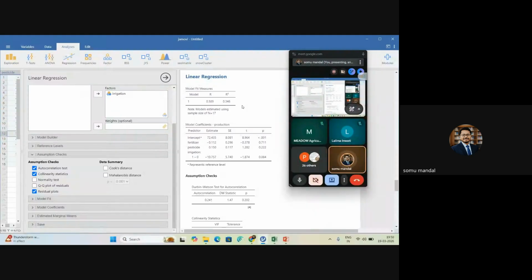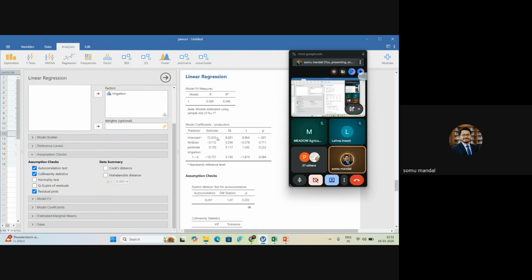This model is not appropriate. Why? 35% means 65% is unobserved. So even your variable is not explained more than 70%, more than 80%. So why do you consider this model? One thing: if there is any kind of experimental research, you can consider it. But if you consider established independent variables and a well-known dependent variable, then definitely remove this. Avoid this model. Never mention this model.